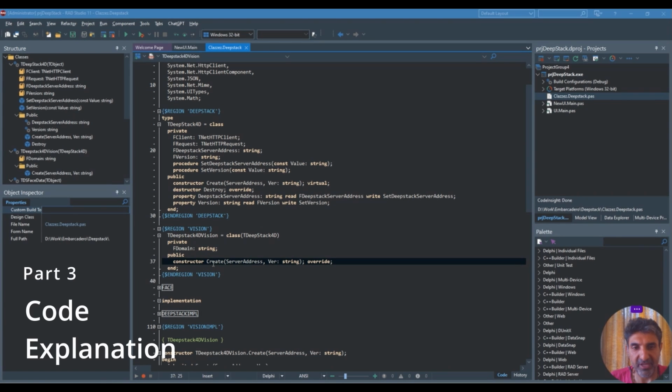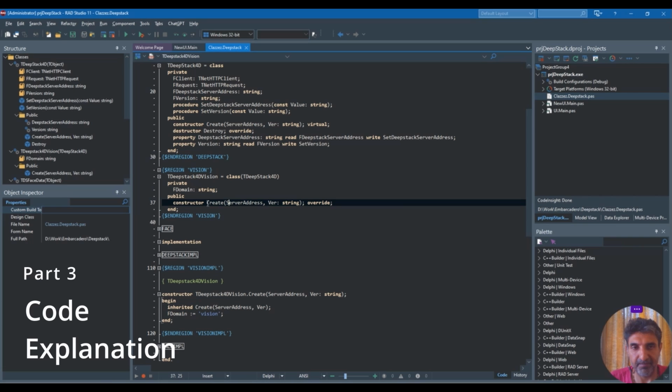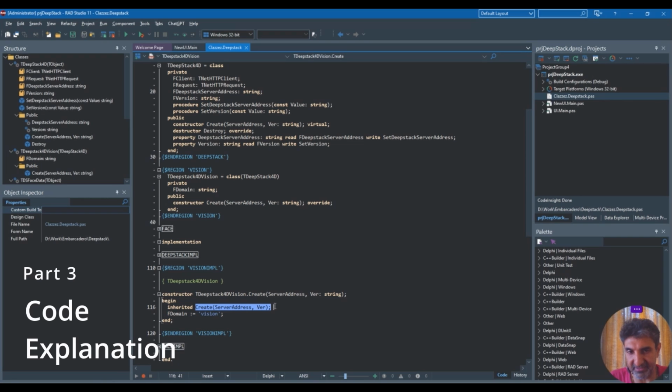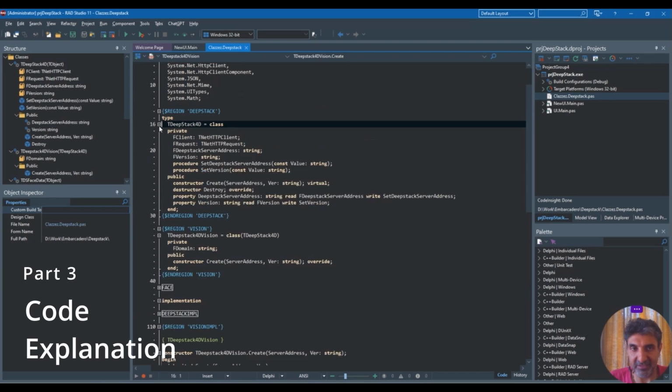And if I go to the implementation of this constructor, all it does is it inherits the parent constructor, and sets the server address and version. And in addition, it also defines the domain. That's basically it for this particular